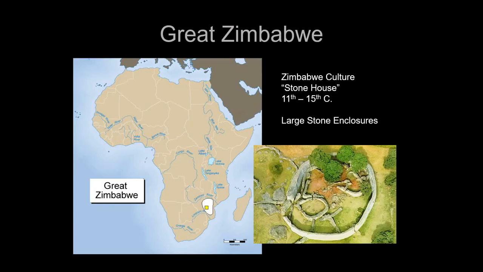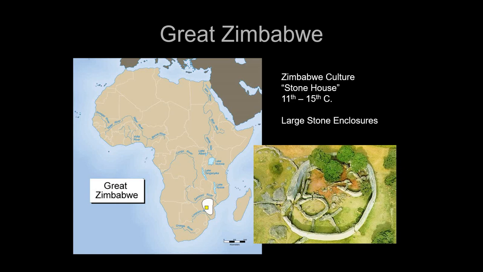Next we move to South Africa, and there are a lot of traditions in South Africa, but again, we're only going to highlight a few here. One of the most important is the great Zimbabwe culture. Zimbabwe literally means stone house. The nation of Zimbabwe, which used to be named Rhodesia for Cecil Rhodes, when it gained its independence, decided to take the name of this great stone house building culture, which is why Zimbabwe is named Zimbabwe.